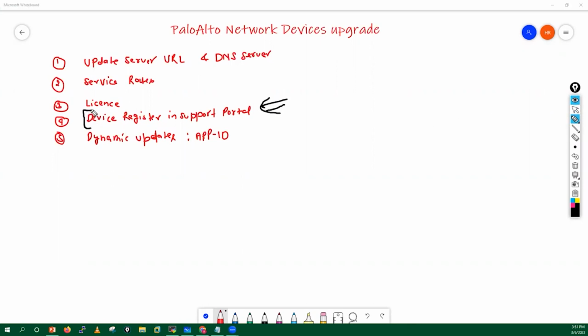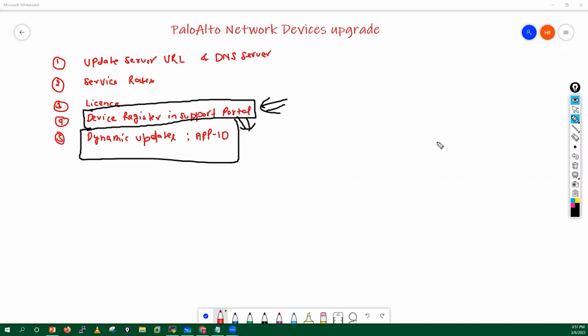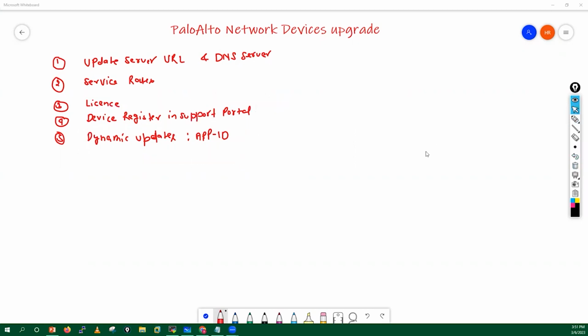Whenever we receive any device from Palo Alto, we have to register this device in the support portal. This is the next thing which needs to be checked. After that, we also need to check whether we have the latest application updates or not. If we have all these settings in place, then what we have to do next